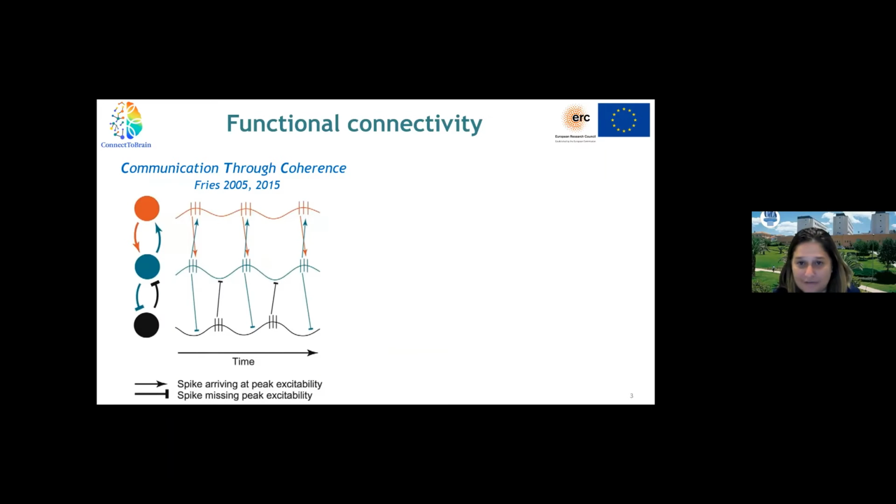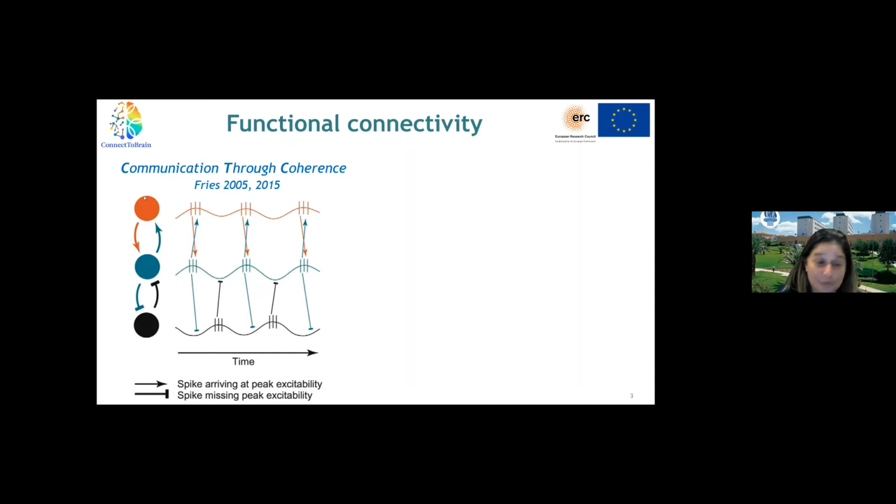So the kind of functional connectivity is closely related also to what Christoph was discussing. So the idea is that phase is an important information in the brain, and that this not only somehow characterizes the excitability state of one brain location, but that also plays a role in the coupling between different brain areas and regions.